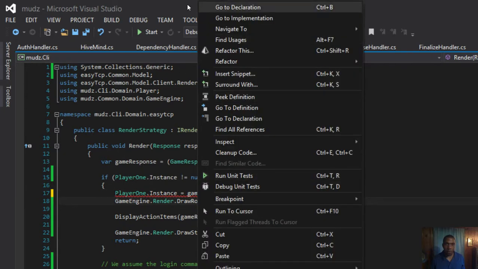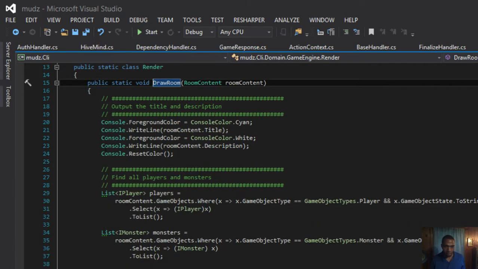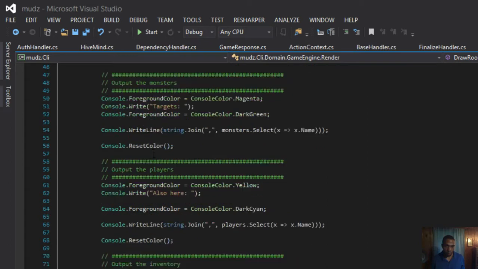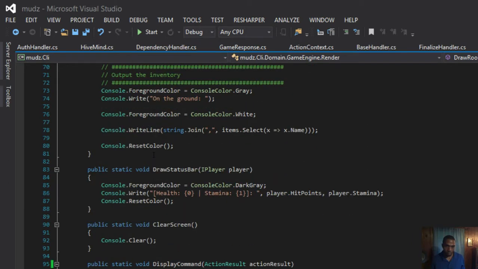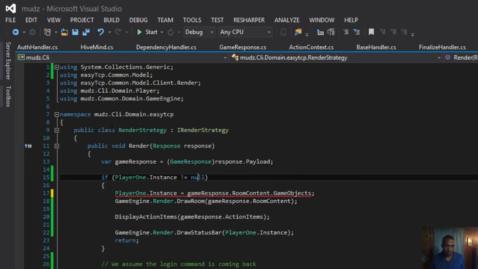So we go into our draw room. There's probably another chance for a little bit of refactoring. So we got this guy. We get all our players. So I'm going to steal this. So we already know that the player one instance that we have is not equal to null.